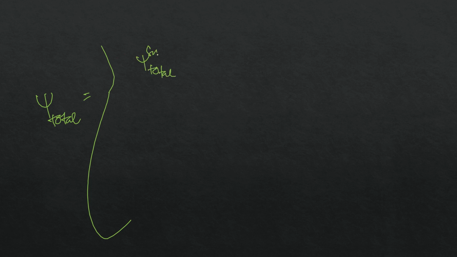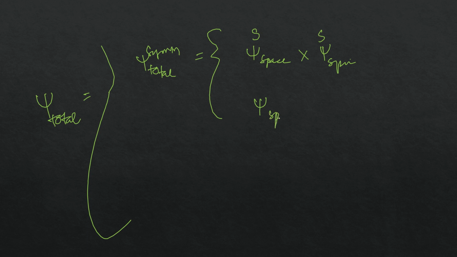Next is psi total. Psi total for symmetric: if I write symmetric, it will be psi space into psi spin, so both can be symmetric. But if I write for antisymmetric, psi space into psi spin, then both should be antisymmetric. Now if I write psi total for antisymmetric,